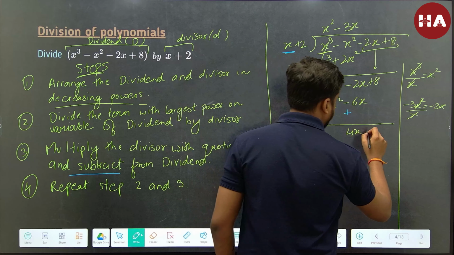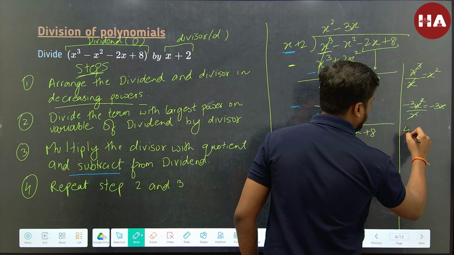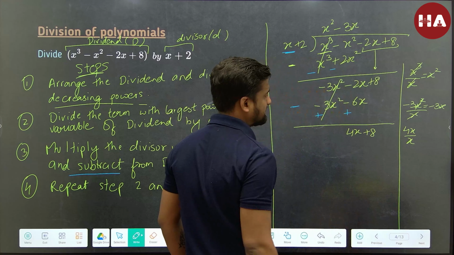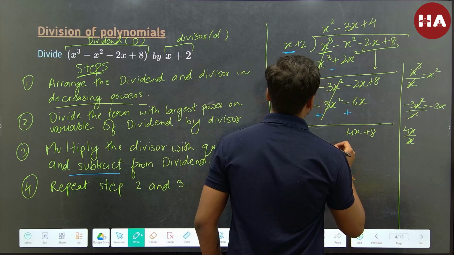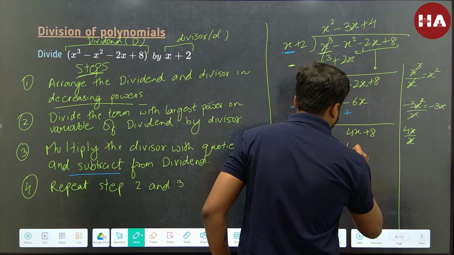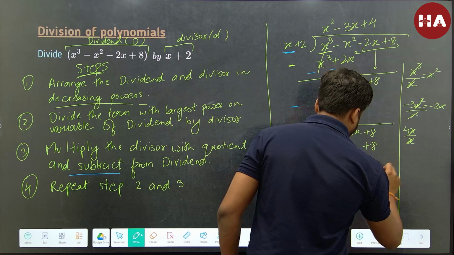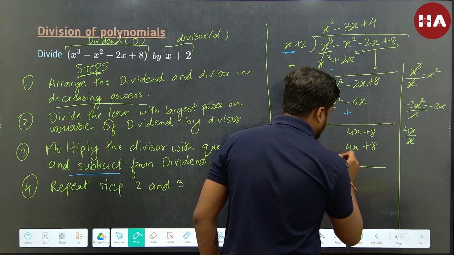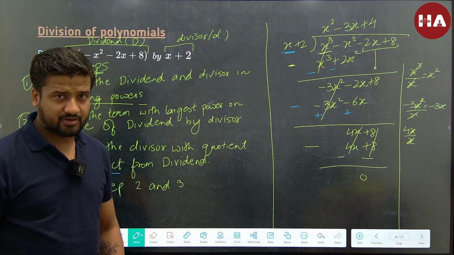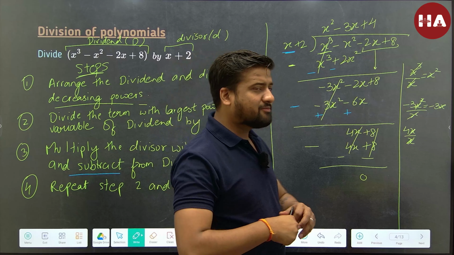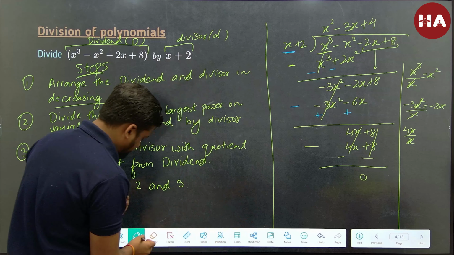4x plus 8. Again let's repeat the second step. So 4x divided by x gives me 4. So plus 4, and 4 times x is 4x, 2 times 4 is 8, right? So on subtracting, I'll get 0, right? Now there is one more rule, or not a rule exactly, it says,